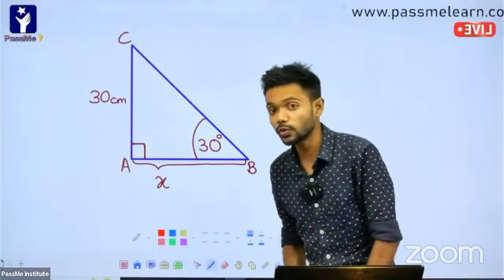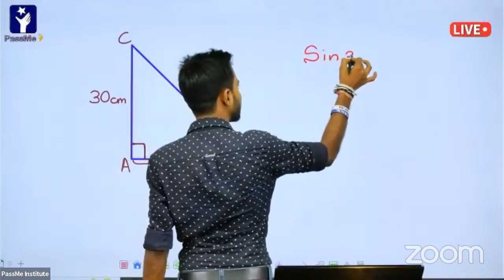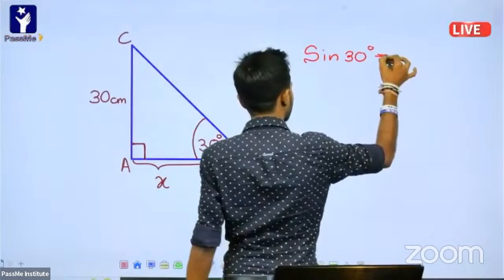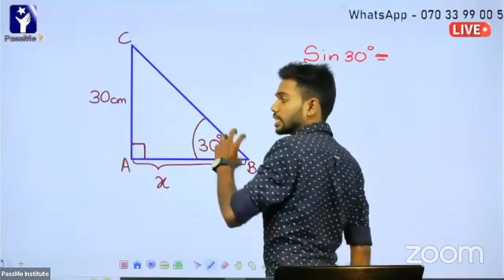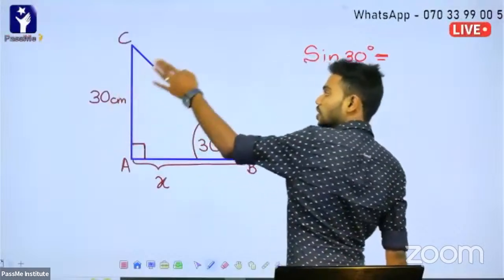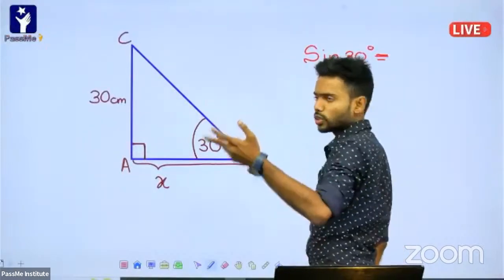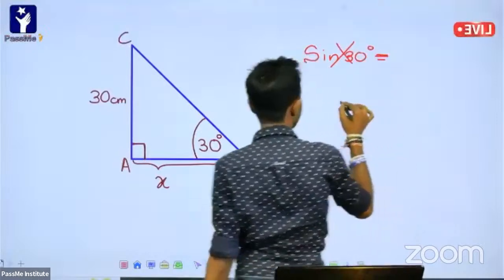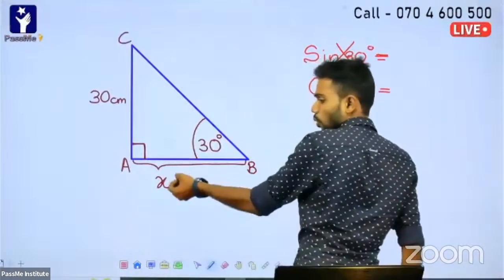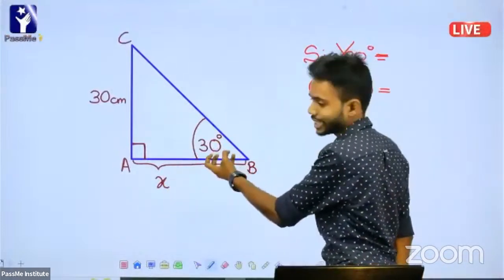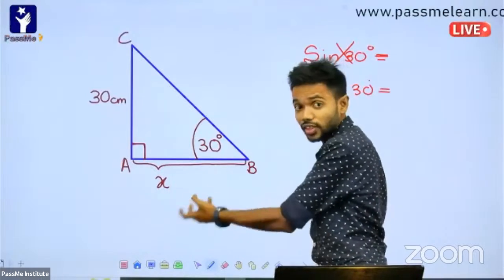No, right? So if you want to use this sin 30, write sin 30 and see what happens. So sin 30 means the opposite side distance divided by the hypotenuse. Since you don't know the hypotenuse, you cannot write the equation for this one. Then what about cos 30? So this is also the same. Though x is also unknown, cos 30 is equal to adjacent, x, which is the one we want to find,